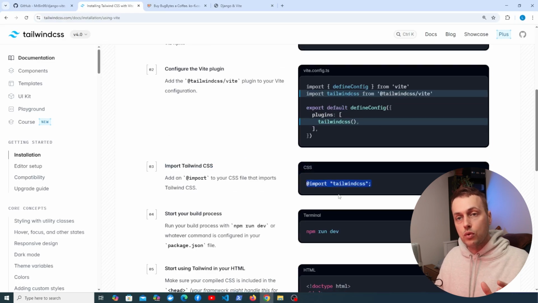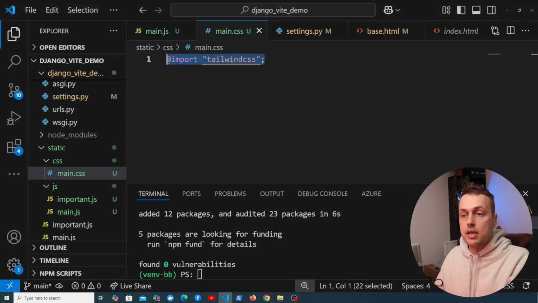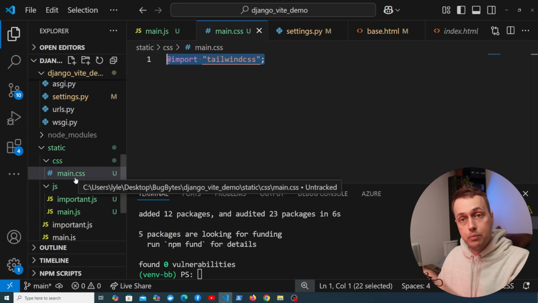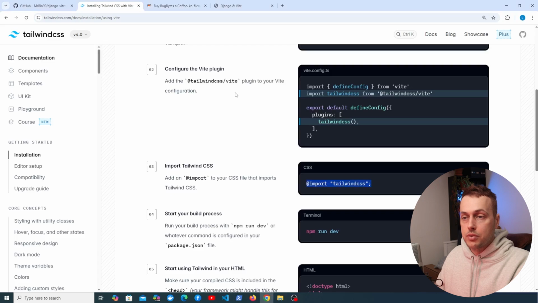And if you remember before, we had different Tailwind directives being used here. This has been simplified in version 4. All we need to do is import TailwindCSS like this in a CSS file that's going to be imported into our entry point. So we'll do that in a second, but we also have to do step 2, and that's